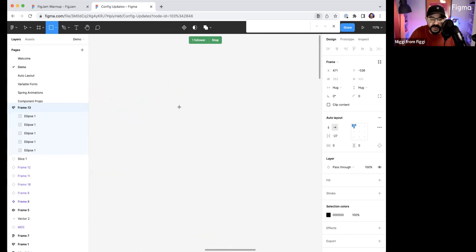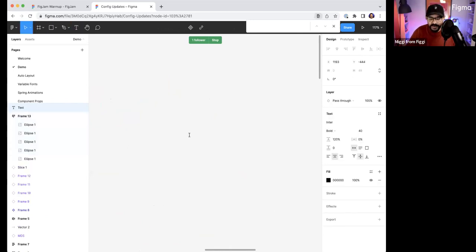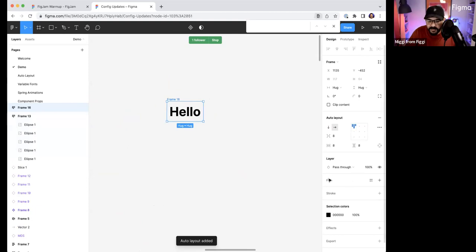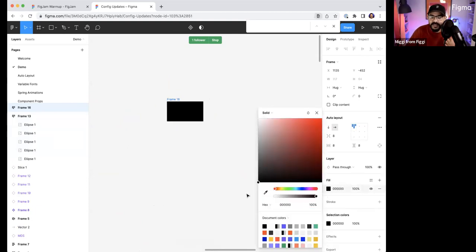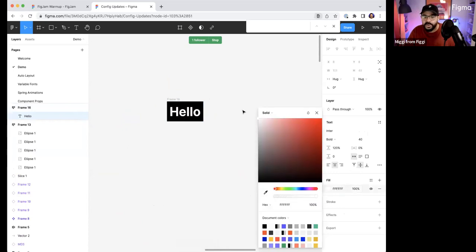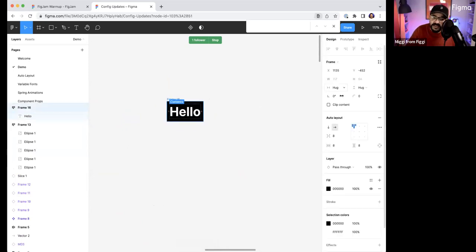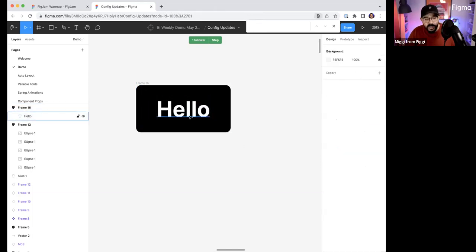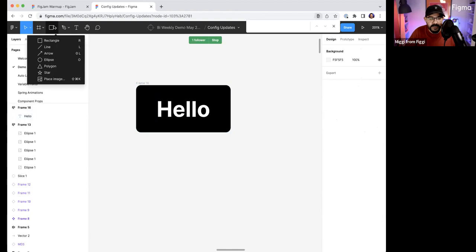So what I'm going to do is click the text tool and say hello. And inside this hello, I press Shift A. That's going to give me the frame. I'm going to make the fill of that black, then select my text on the inside and make that white. I'm going to select this frame here and round out those corners. I'm going to give a little bit of padding on the top and the bottom, and let's say a little more on the right as well. And what I'm going to do is draw a little bitty